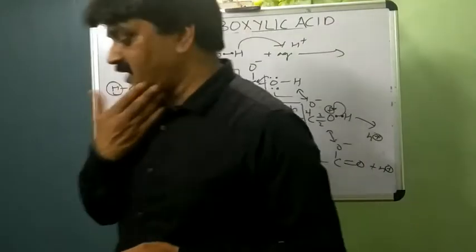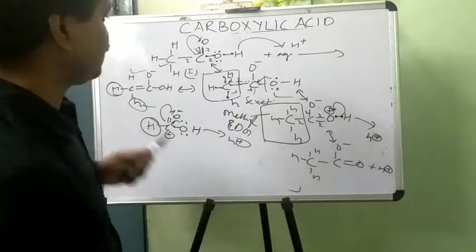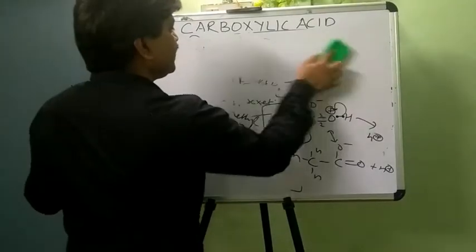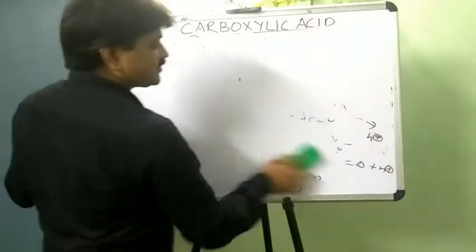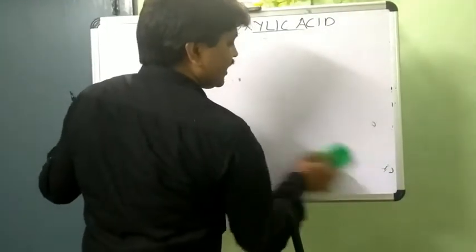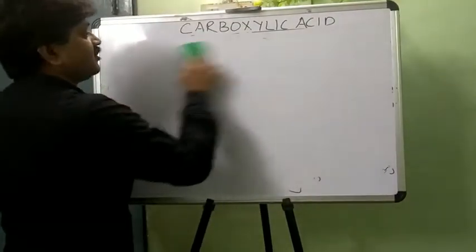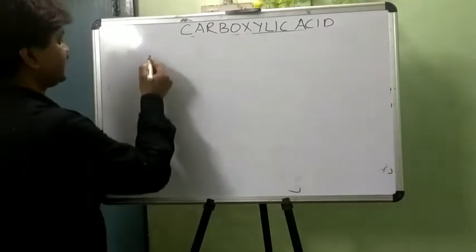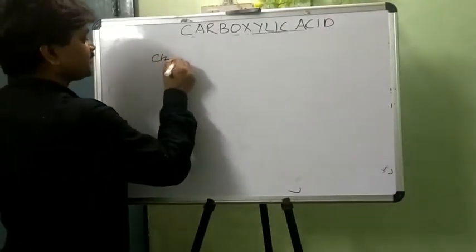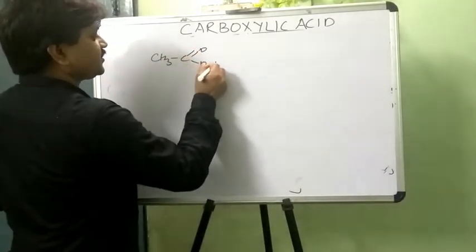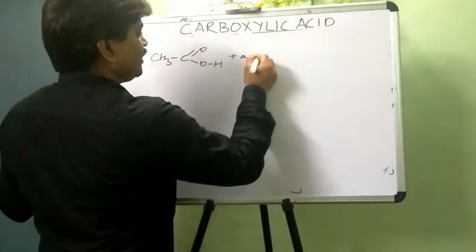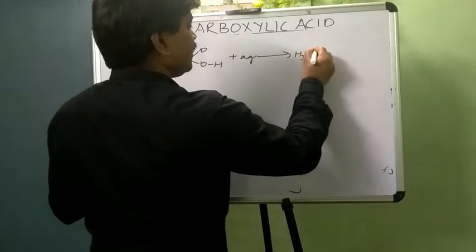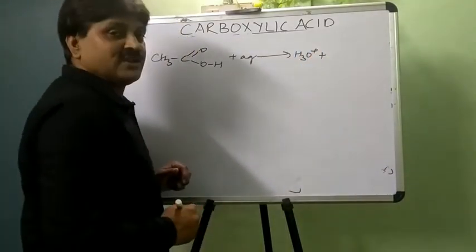Later we discuss another way to show the acidic character of the carboxylic acid. Actually, when a carboxylic acid dissolves in water, it forms the acetate ion, which has a powerful stabilizing state or resonance structures. Just like in the case of acetic acid, CH3COOH, when dissolved in aqueous medium, it forms the hydronium ion H3O plus and a powerful resonance stabilized structure.